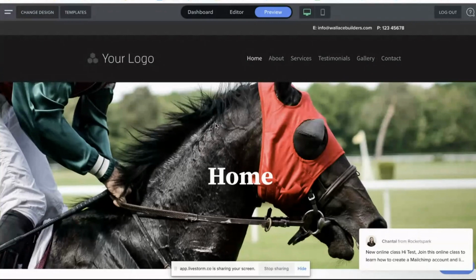Cool, I can see, yeah, that people are also asking about the form builder. So with our form builder, it's quite a basic one that we've got at the moment, but if there are other features that you're really wanting for it, please let us know. The more that we know about it, the more that we can take this into account, and we can move towards making these features for you. But if there are things that we can't create just yet, we do recommend using one of the other form builders that are out there, such as Jotform or Typeform, just because they are really easy to add in.